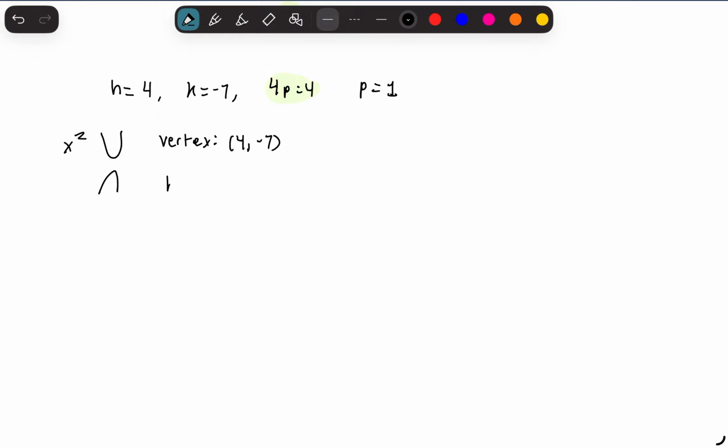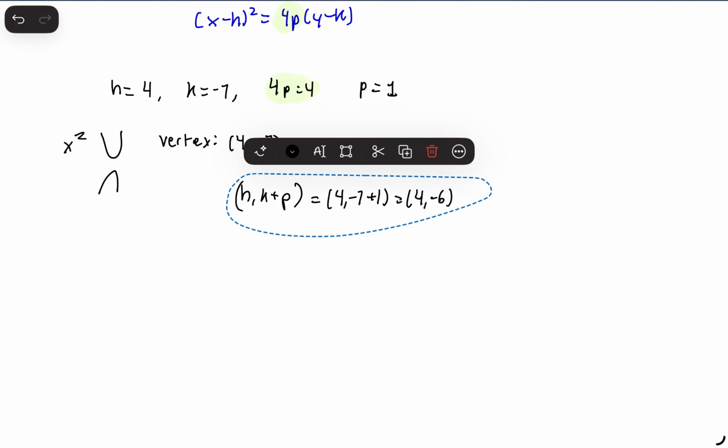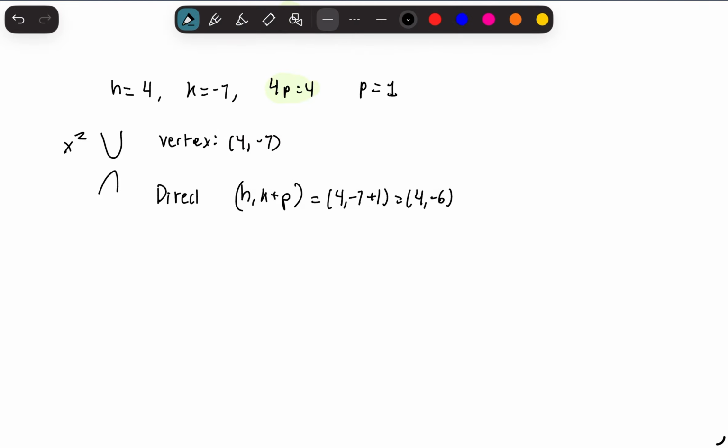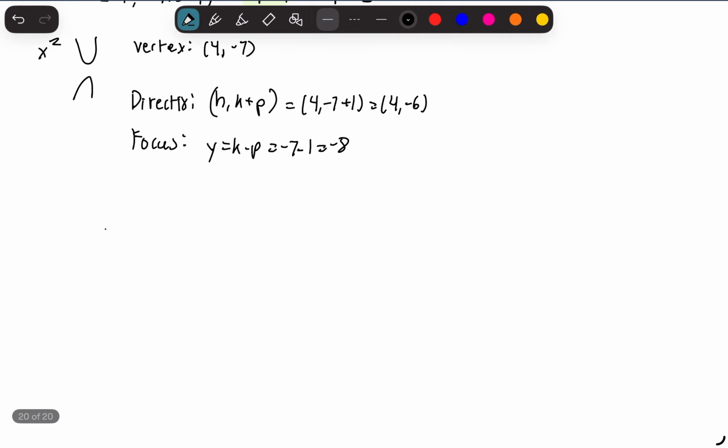Therefore, to get your focus, you're going to add 2k. For a second problem,